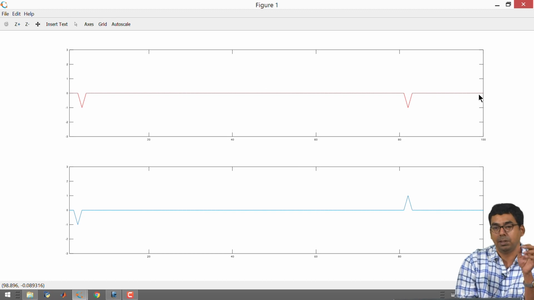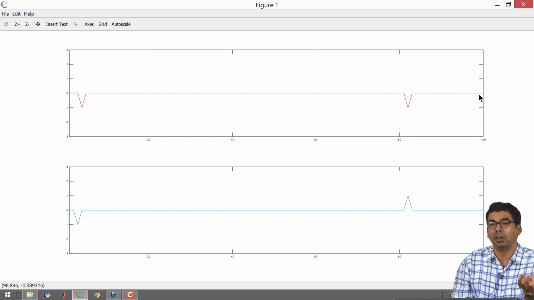The same thing can be done for the short circuit also. This method of finding out a fault in a transmission line is known as time domain reflectometry. Okay. All you are doing is launching a pulse, waiting for the reflection, and then you are trying to figure out what the reflection can tell you.